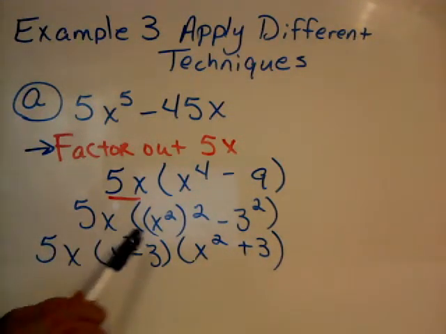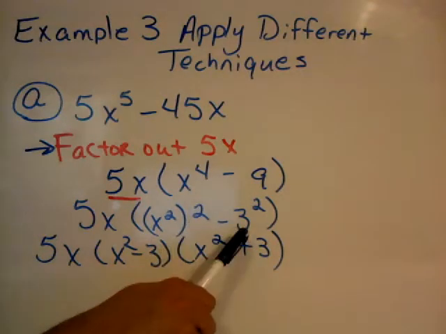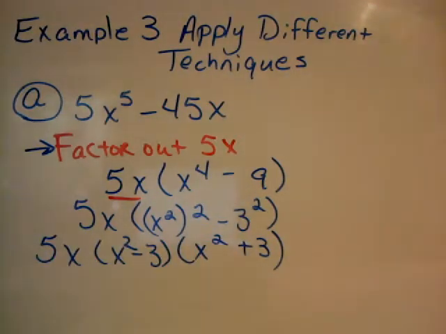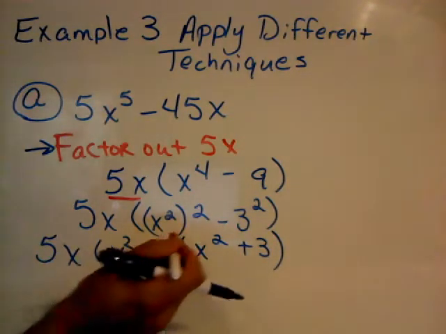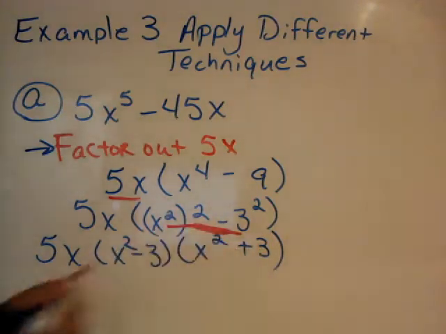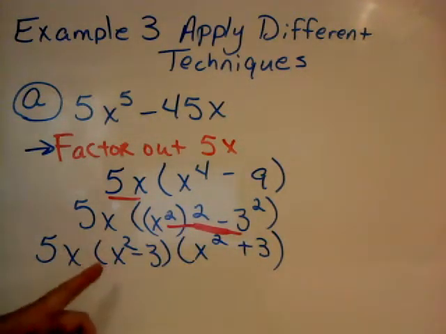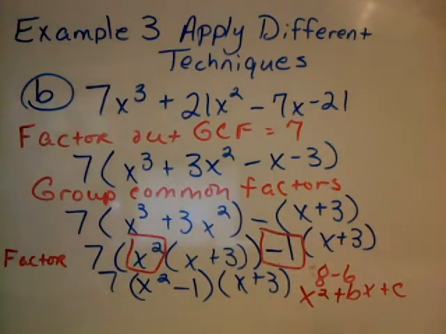Then I can say x squared minus 3 squared. And then I have the difference of a square. And so I can say 5x times x squared minus 3 times x squared plus 3. Okay, let's look at our next example. And our next example is